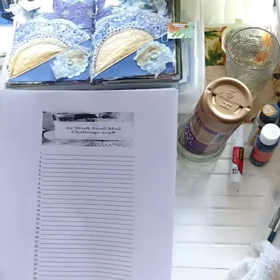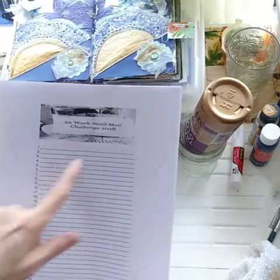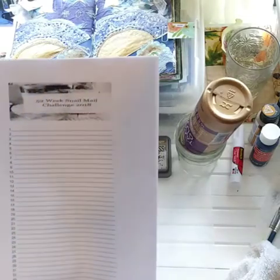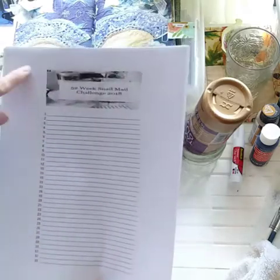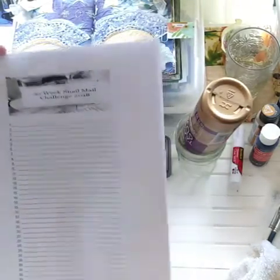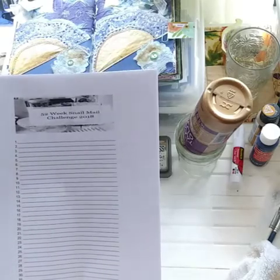Now, this is the next challenge for 2021, and it's coming back because I did it in 2018. So 2 years ago, we did this on my blog again. So for the whole year, every week, and this is a printout that you get. So it's 52 spaces, and you get to send snail mail to your loved ones, friends, family, people you meet